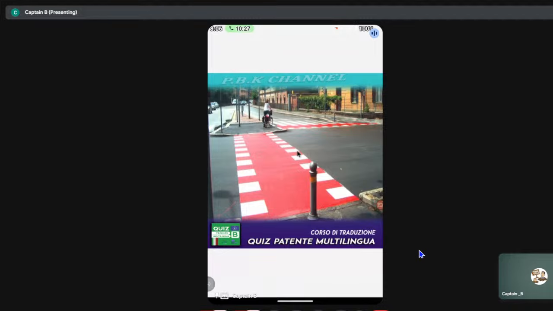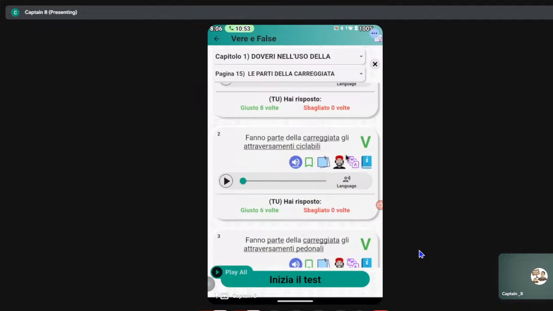This continuous line, the middle is free. The one that is used to cross the road, which is for attraversamento pedonale, the middle line is continuous. This one does not have this space line in the middle. You understand? Okay. This is the attraversamento ciclabile, and it's part of the carriageway. Carriageway and the road we can circulate. Right? Good.